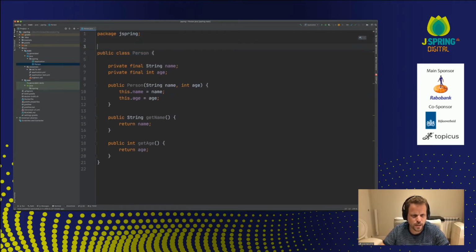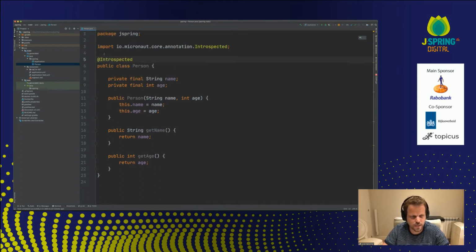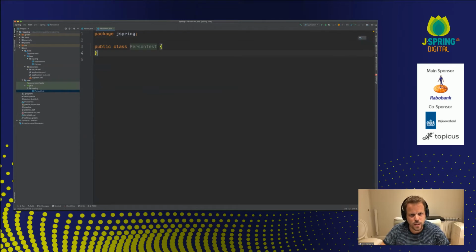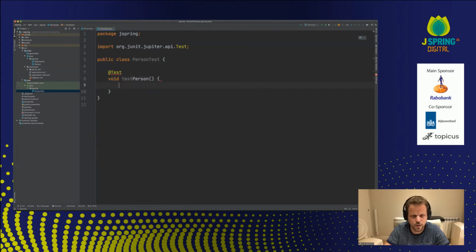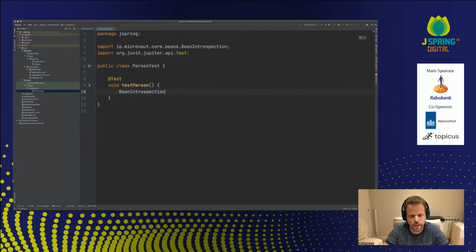So for that, in Micronaut, we have an annotation called Introspected. And if I add it to my class, what I get to do is, for example, in the test person, I can use what's called the BeanIntrospection. I can get hold of the introspection by saying BeanIntrospection.getIntrospection. And there it is for Person.